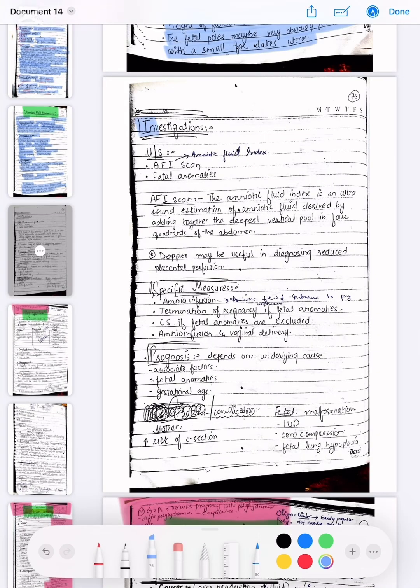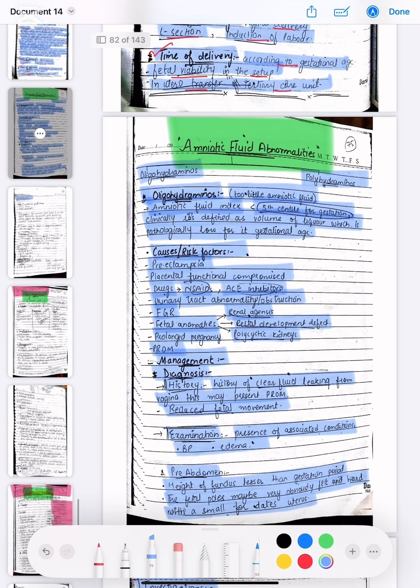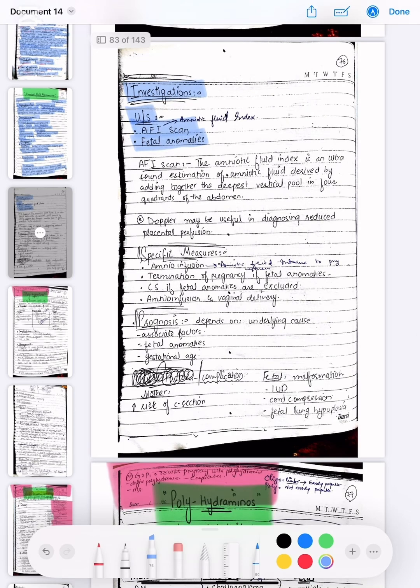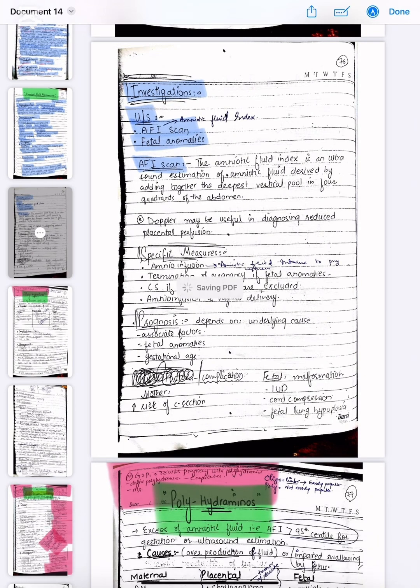The investigations for oligohydramnios are ultrasound, that is amniotic fluid index scan is done and fetal anomalies are checked. In amniotic fluid index scan, the amniotic fluid index is an ultrasound estimation of amniotic fluid derived by adding together the deepest